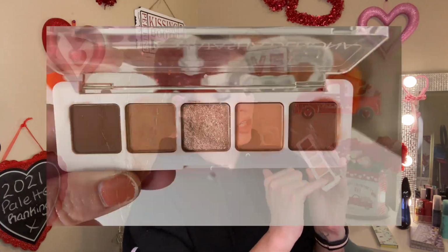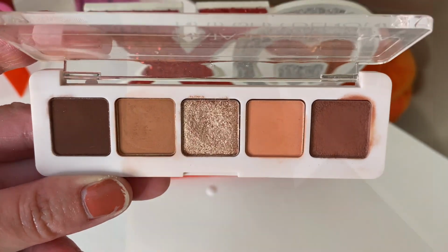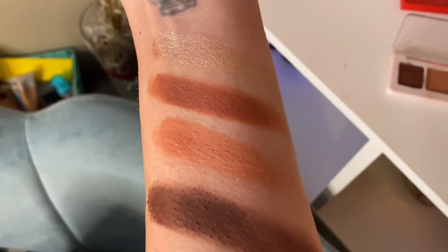Honestly, her making this one right here a cream to powder, I mean, stop. Just stop. It is the most gorgeous pink undertone, deepening brown shade that you could ever want for someone with my skin tone. You know what I mean? Where I have those red undertones, finding this kind of palette that has these type of neutral shades, but with these pinky, peachy undertones that really complement my skin tone, it's hard to come by, you guys. It's hard to come by. And it's right here in this palette, which is why I love it so much,